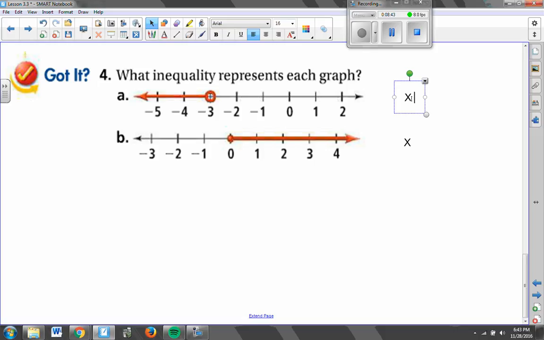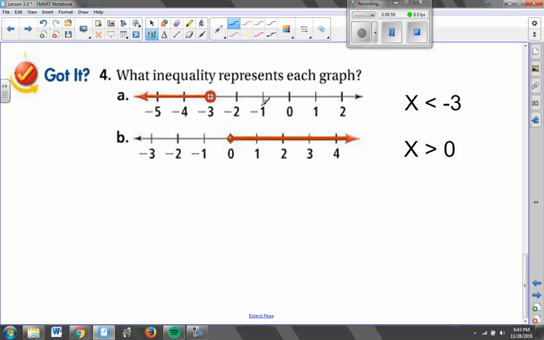Alright, letter A should say x is less than, because the arrow goes left. Boundary point is -3, and I do not need an equal to line. So x is less than -3. In this case, x is greater than, because my arrow is going to the right. My boundary point is 0, and I absolutely do need an equal to line here, because it's a closed dot,